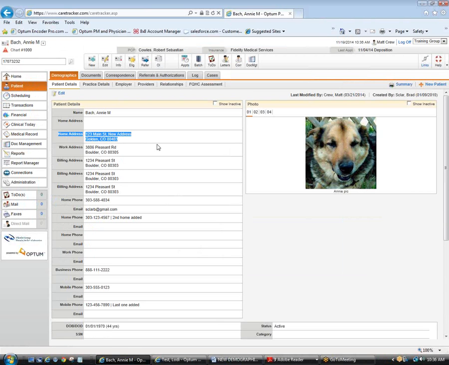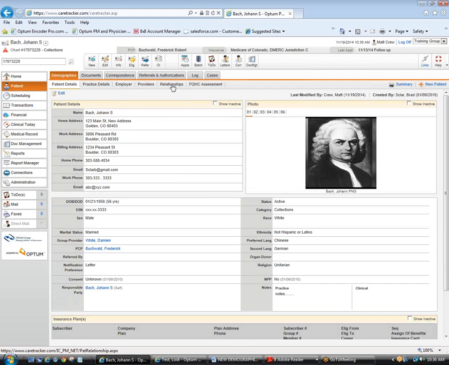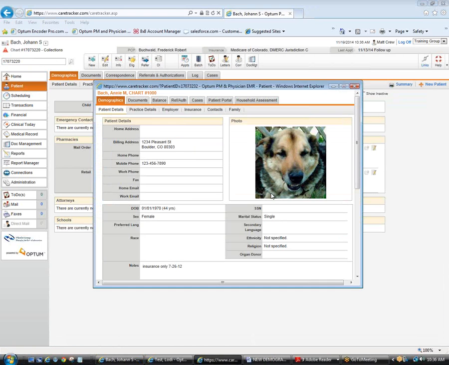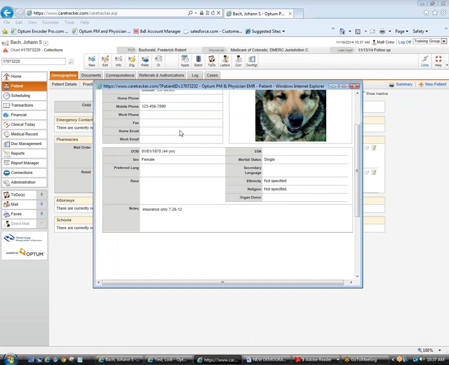Our Montana contingent that does pediatrics has a lot of people in the same family. So it gives me some hope that maybe that will help solve a problem there. So you have to go back out and go back in to get that to change. I just went actually to her patient record, so it's just a refresh issue. Okay. If we go back to Johan, I don't know what we're going to see there, because it's just kind of a scrape. You notice how it's not really the full record there, it's just a link to hers. And see that billing, that home address is still blank. So it might just be